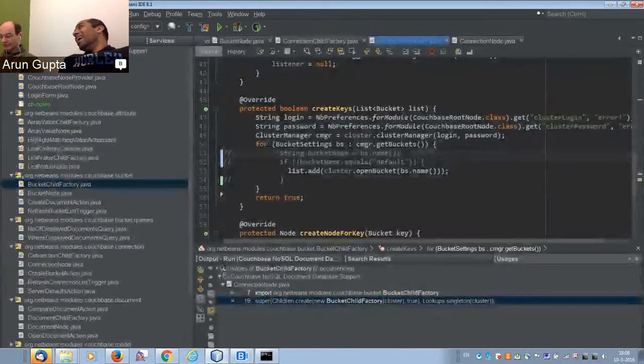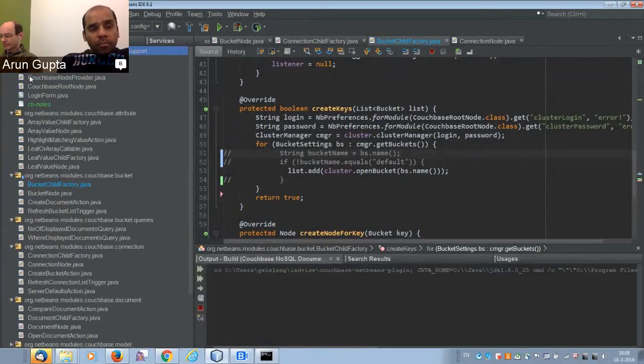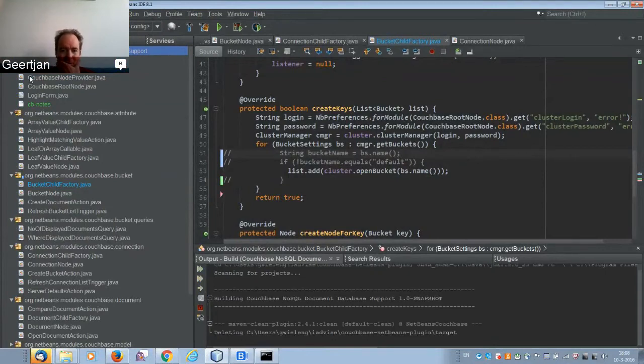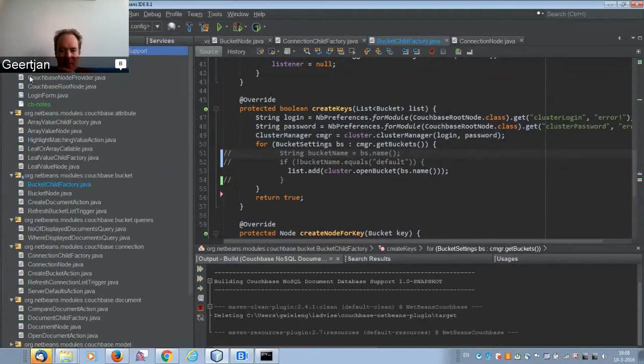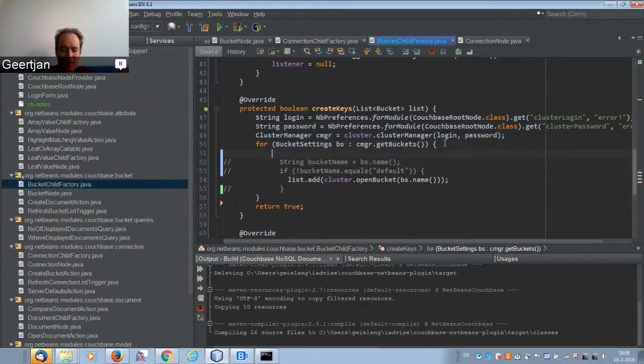Okay. So basically, we just created a new feature by removing some code. There you go, you got a new bucket now. Yeah, I love that part. Let's try it. I'm just going to rebuild the module and then run it, and then NetBeans will start, and we'll see the default bucket. So can we get from the bucket settings to whether the bucket is indexed or not?